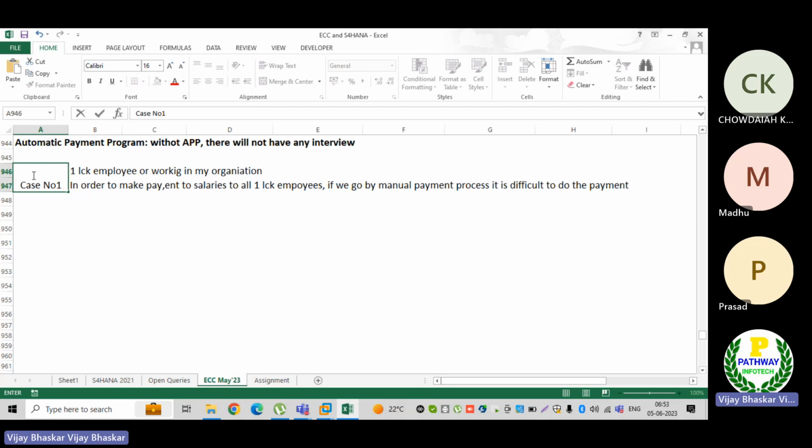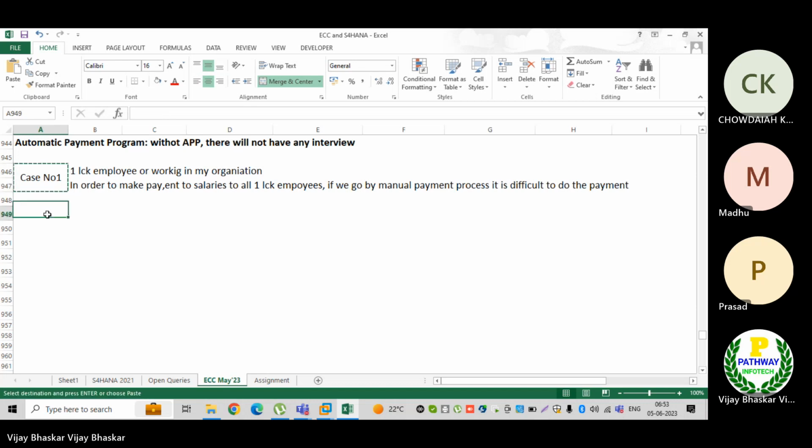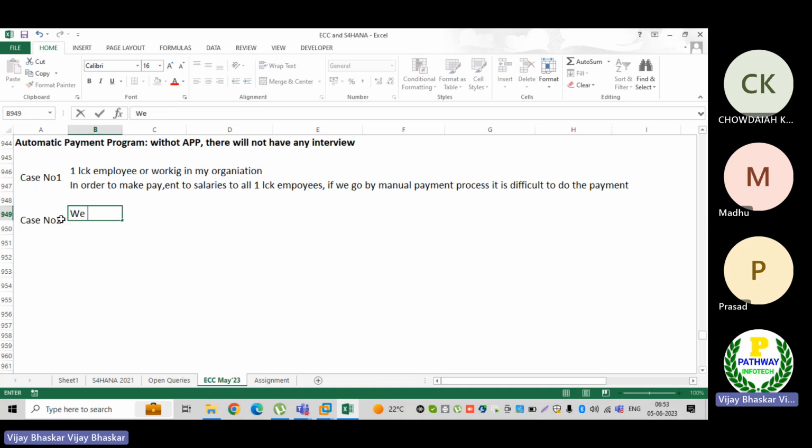Now case number 2: we want to make the payment to multiple vendors at a time